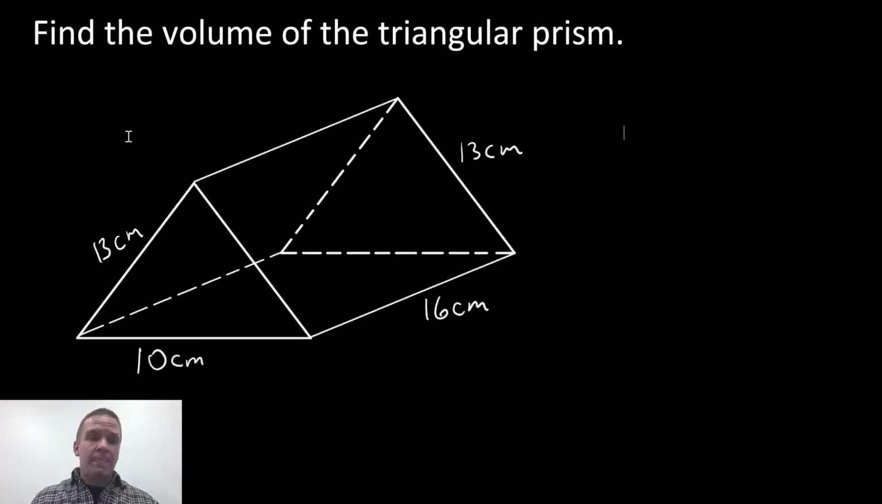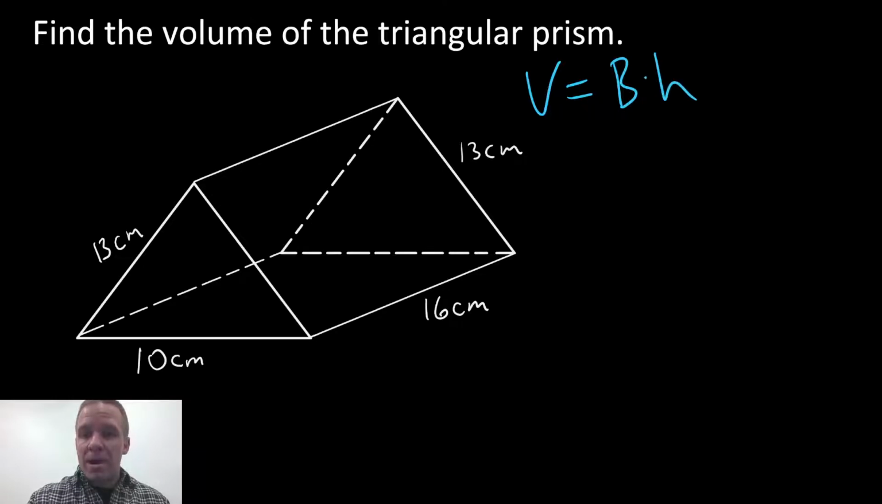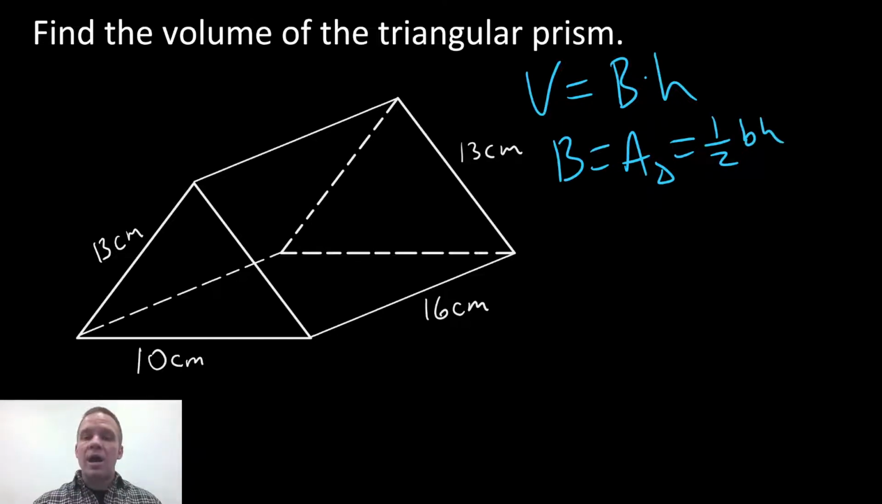Love it. Okay, so for this one, the volume formula is base, big B, area of the base, times my height. My base this time is the area of the triangle, which is 1/2 base times height, little b times little h. All right, so I guess I could use one of those dimensions as my base,